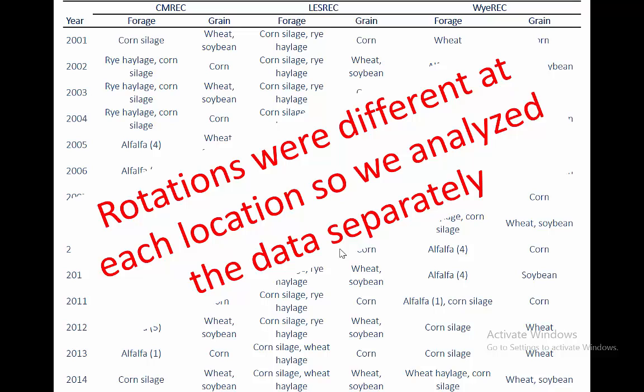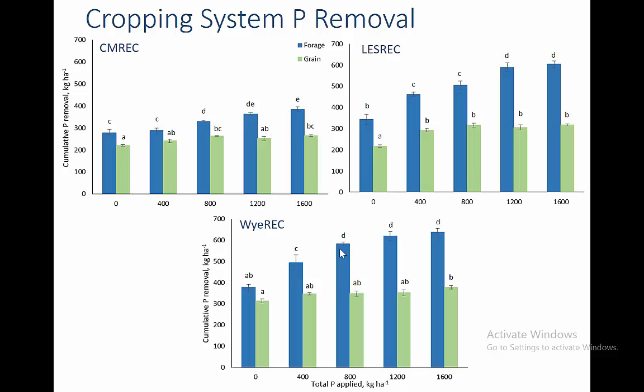So statistically, we kept all the data separate by the locations. We didn't lump them together because we felt that the rotations were different enough that we should really keep them apart. So everything I'm going to show you, you're going to see each of the locations, all right? Okay. We've got our locations here. The X have the different manure treatments, all right? So increasing initial soil phosphorus, all right? And then on the y-axis,